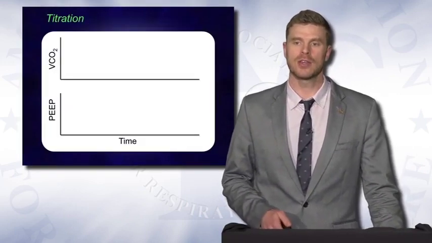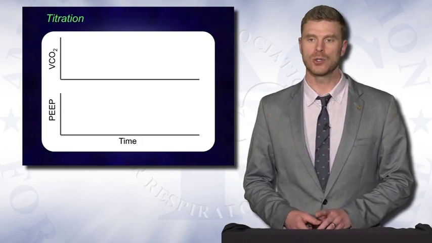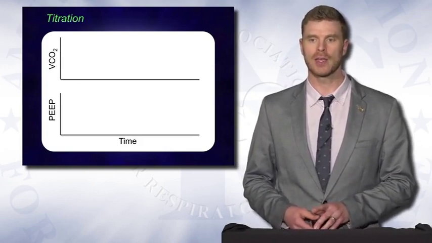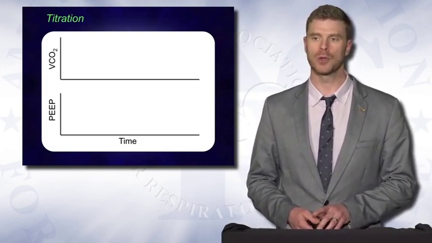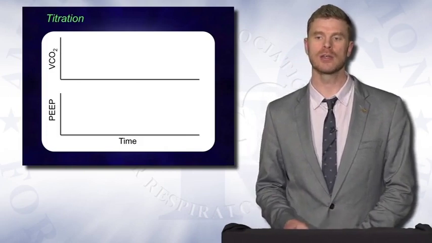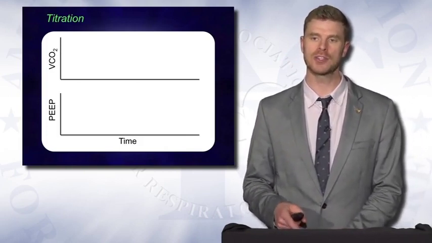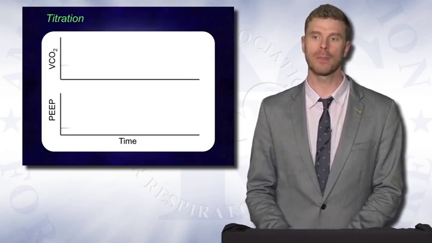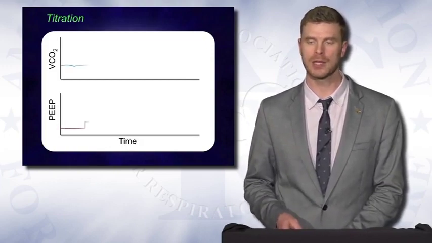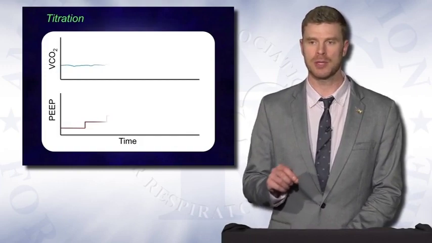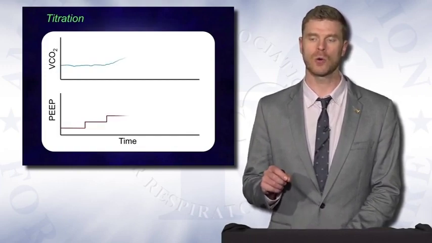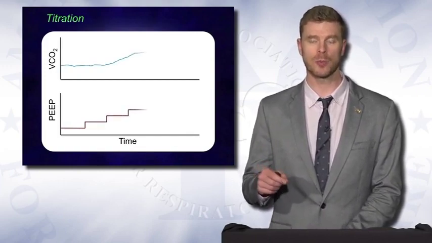In this, you can see that we're going to be looking at VCO2 as a trend over time in the top and PEEP on the bottom. What we're going to do is incrementally increase our PEEP. We're going to do a PEEP titration study, and at the same time, measure our VCO2. What we're noting here is that increases in PEEP are going to correspond to either no changes or perhaps increases